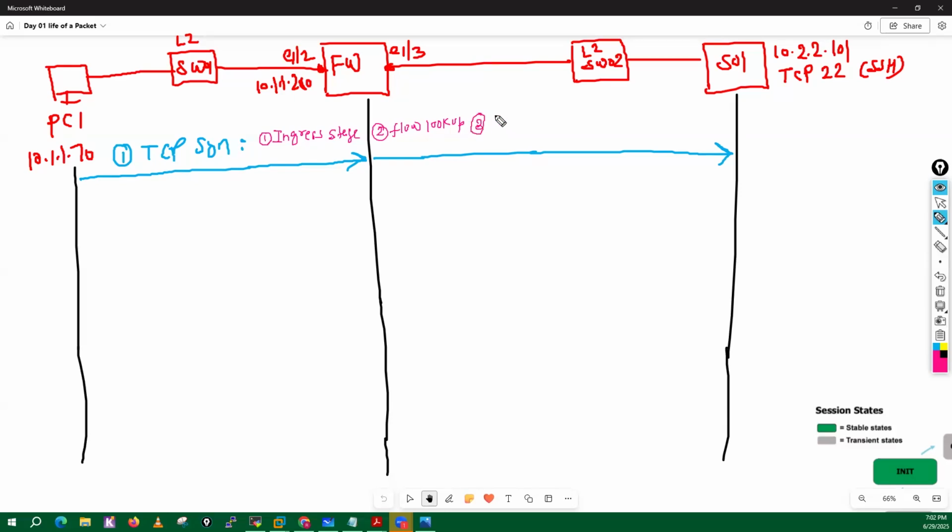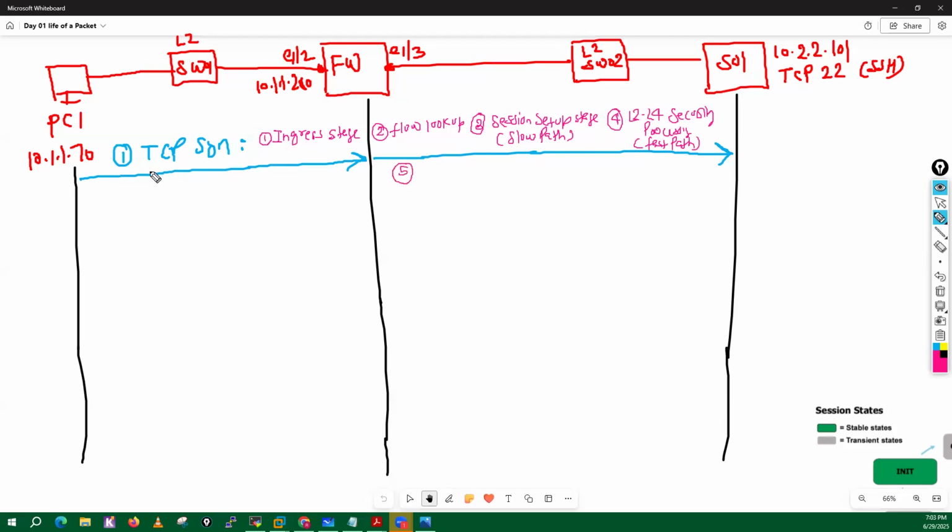It will go into the session setup stage, which is also known as slow path. Once it completes the slow path, it will go into the layer 2 to layer 4 security processing, which is also known as fast path. Layer 2 to layer 4 security processing or fast path. Then the fifth one,